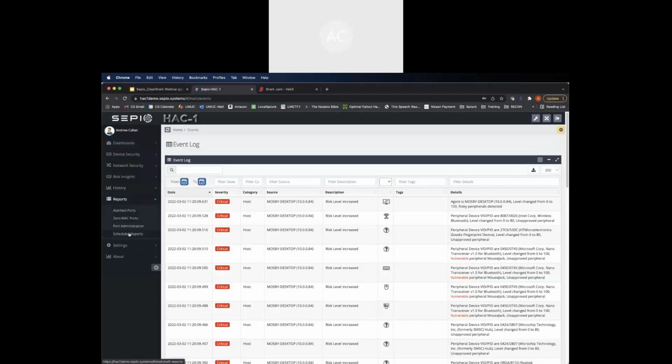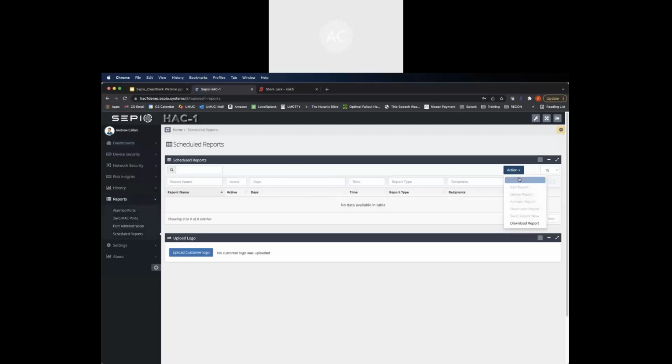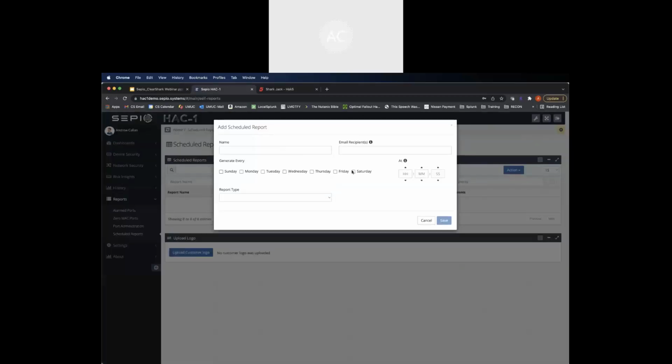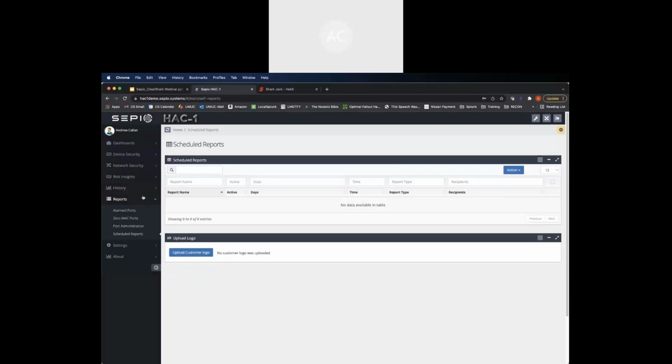So we can do that by looking at reports. We can schedule a report. We can start running it every day. We can run it on a schedule and have that sent out via email, via PDF, via CSV to the appropriate individuals. So that is a quick overview of the